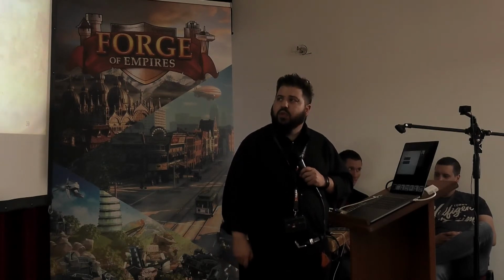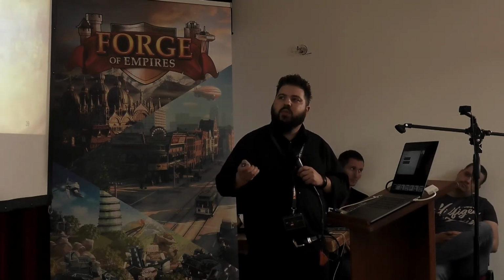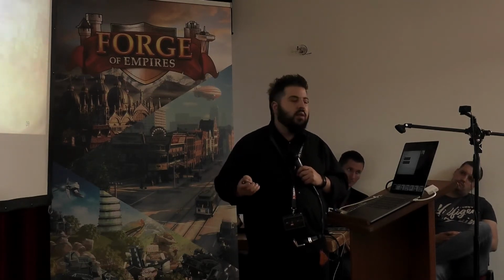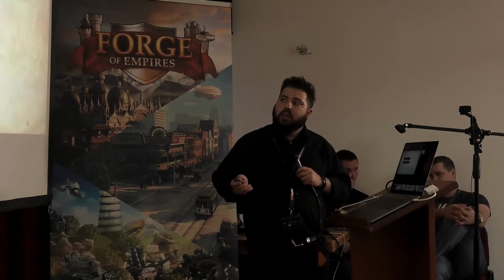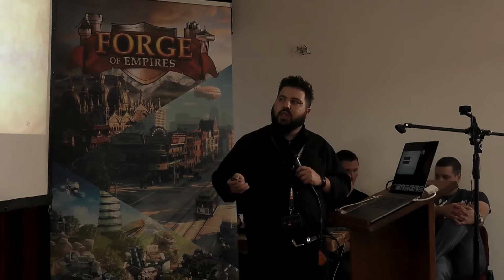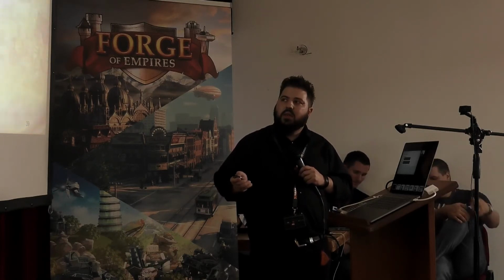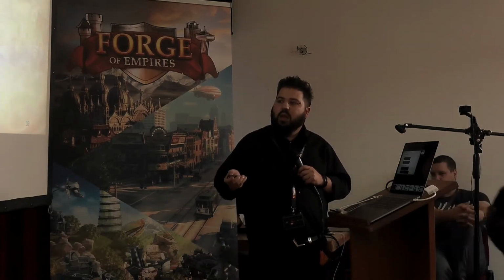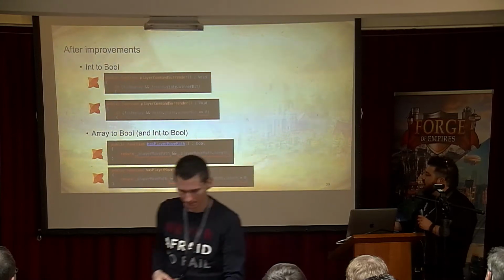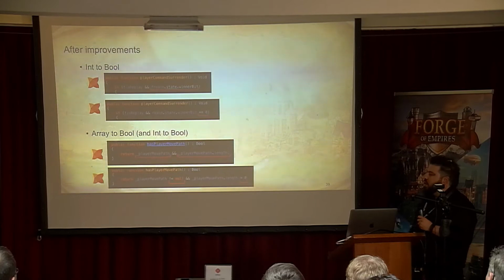So after the improvements, we have really small changes. Now we have the previous Haxe version and the one that we use, the previous converter version and the one that you're using now. As you see, for these cases, it detects it's an integer. It just adds the rest of the missing Boolean expression. Here, the same thing. In the object part, it checks the object against null, and in the integer case, it